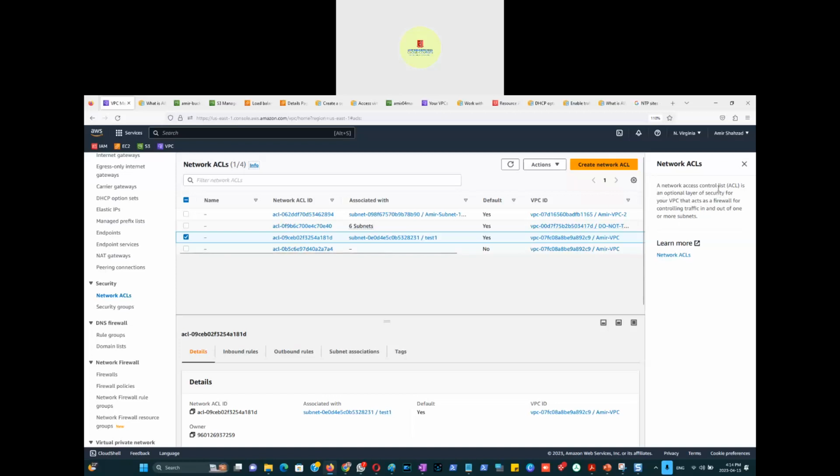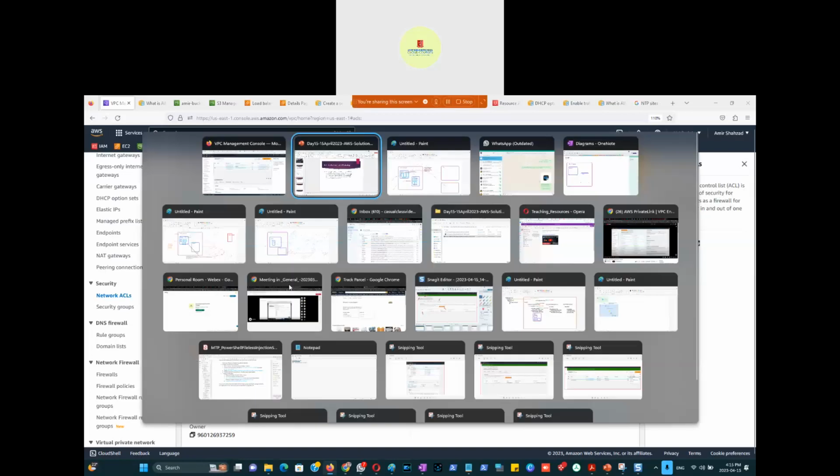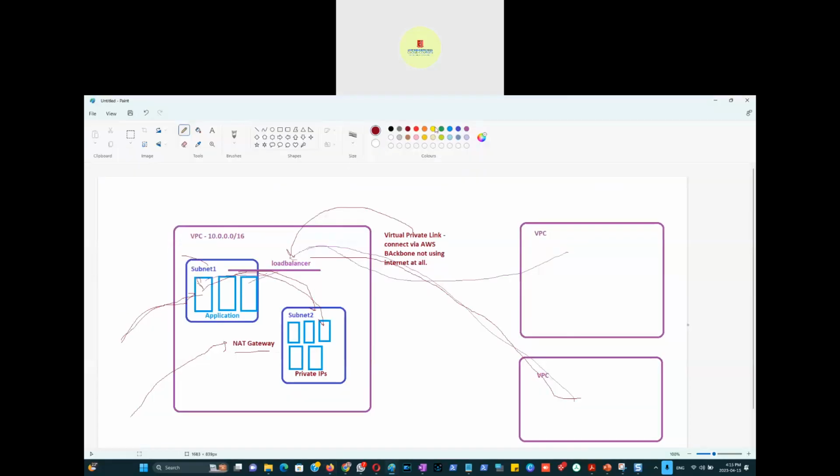So this is an optional layer of security, and you can create an extra layer there. So this would be the extra layer,